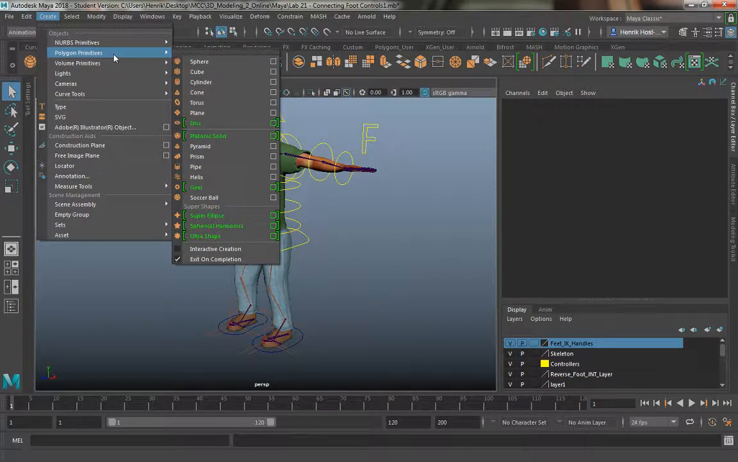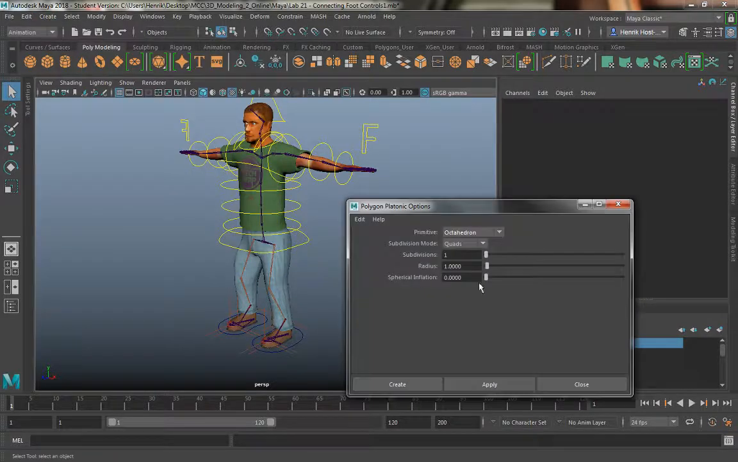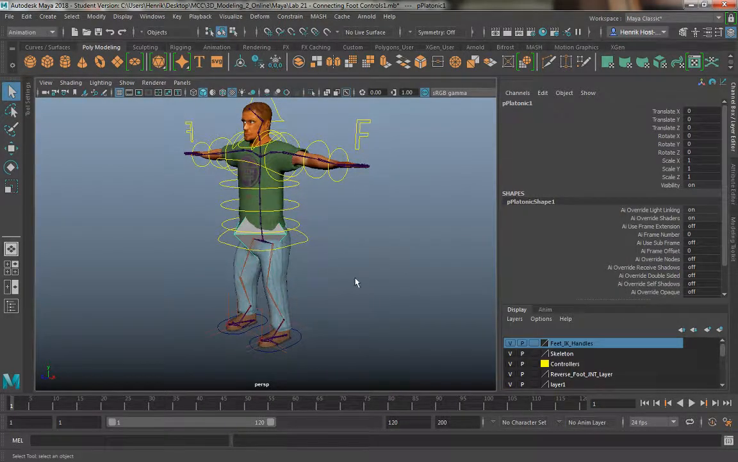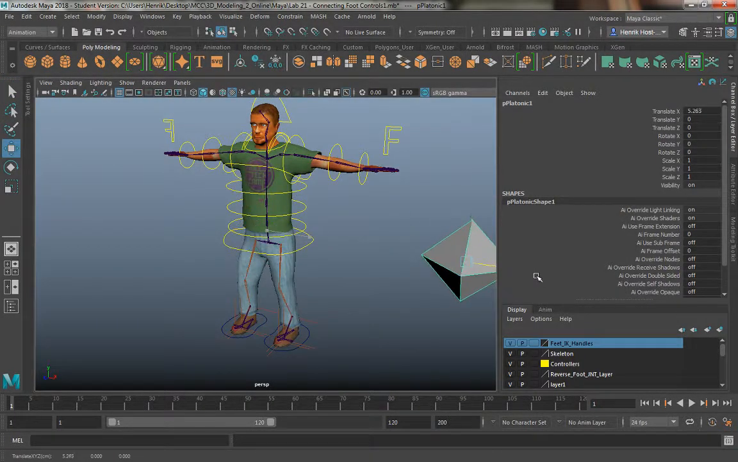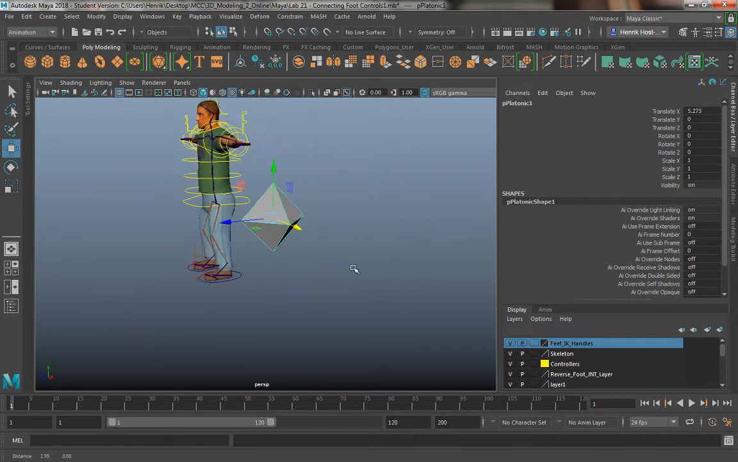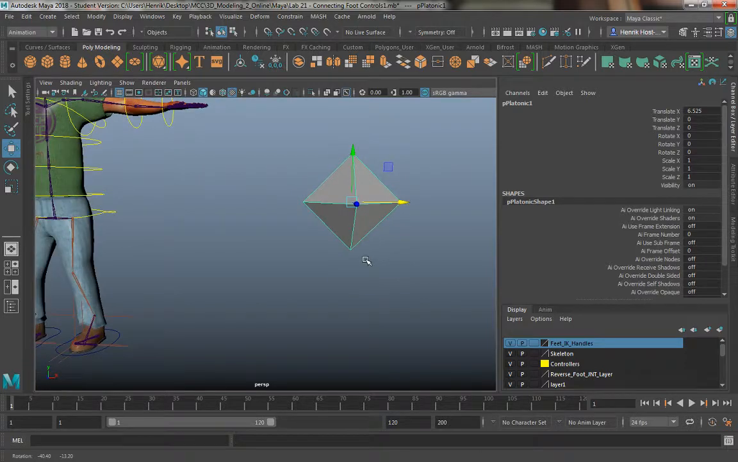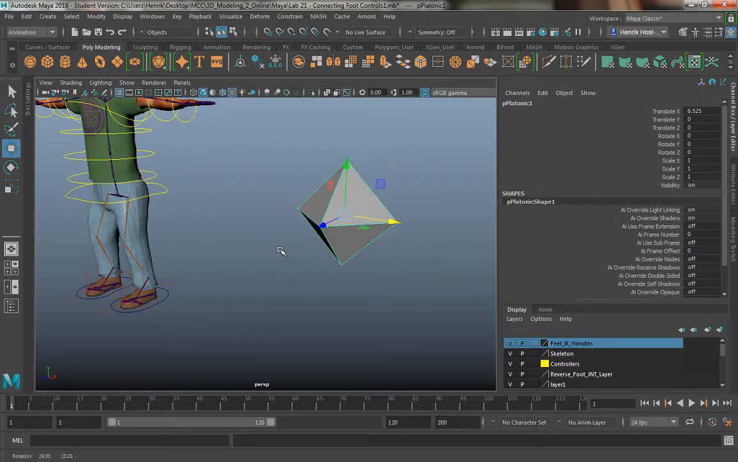I'm going to go to Polygon Primitives and I'm going to switch to Platonic Solid and hit the settings box. In here I'm going to make an octahedron with 0 subdivisions and apply. And then I'm going to click on close. I'm going to drag this off to the side. And although this is a 3D mesh, I'm going to create my controller around it